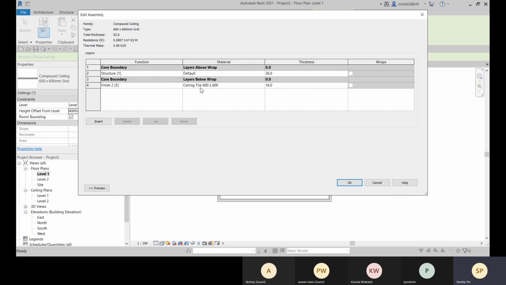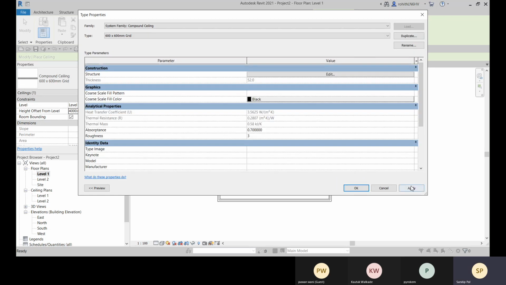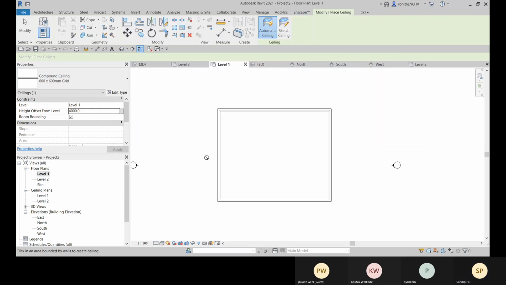So this ceiling tile is added. I need that ceiling tile to be applied, and this is to the bottom side, right? Being at level 1, I can see it. So click on OK, apply and OK.